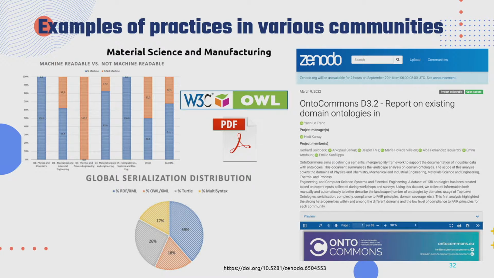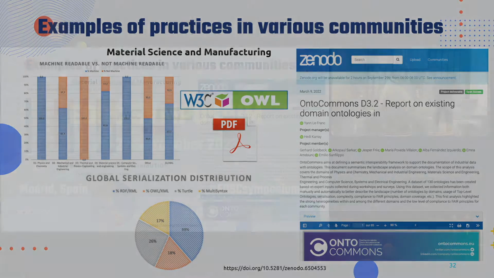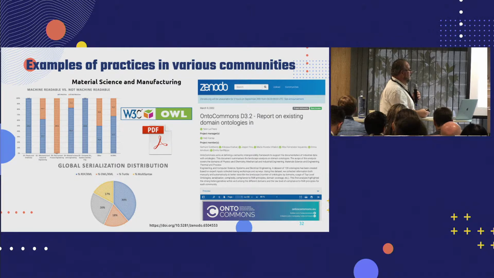So they are just papers describing the ontologies, and that's it. You cannot find a machine-readable or machine-actionable version of the ontology, so you can't work with it, basically. And it will cost you a lot to actually re-implement that. And in terms of serialization, well, you have different flavors, so you can have that as RDF XML, OWL, Turtle, multi-syntax. And I can invite you, you have the link to the deliverable if you want to know more on